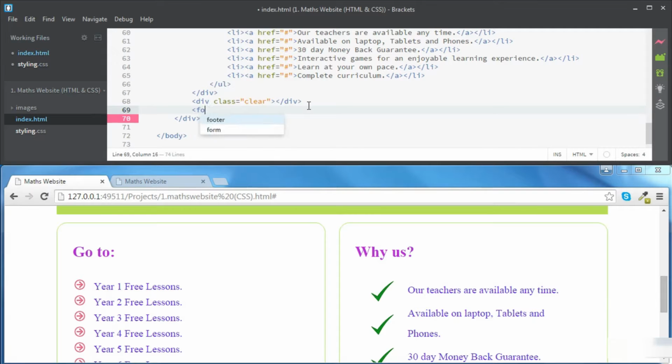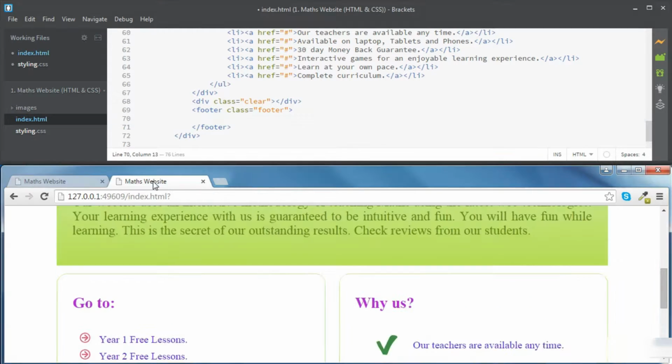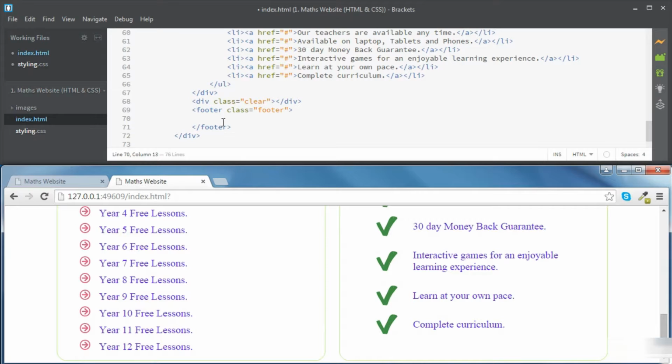I'm going to use the footer tag for this, and we're going to give it a class footer that we're going to be styling in a bit. Inside the footer we are going to place a div. I can put a paragraph inside it where we're going to be writing some text. So company name,